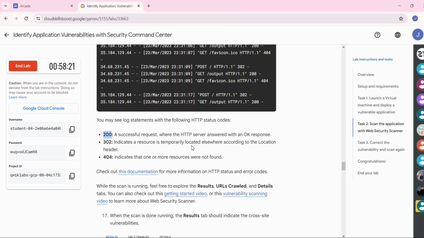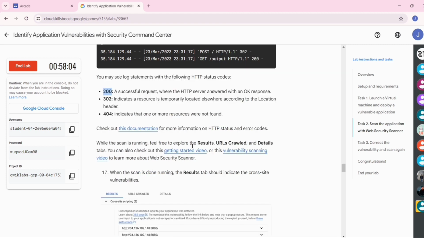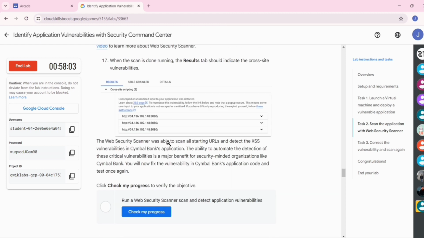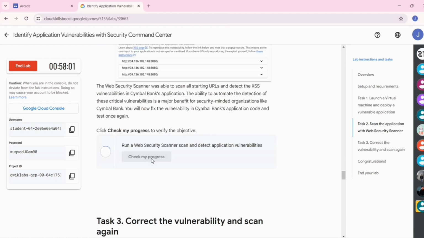If the resource is temporarily located elsewhere, so if there is a location error, it will give 302. And if there is a permanent error, it will give 4. So these are the 4 codes. Scroll it down, just click on check my progress, and you will get a green tick here.